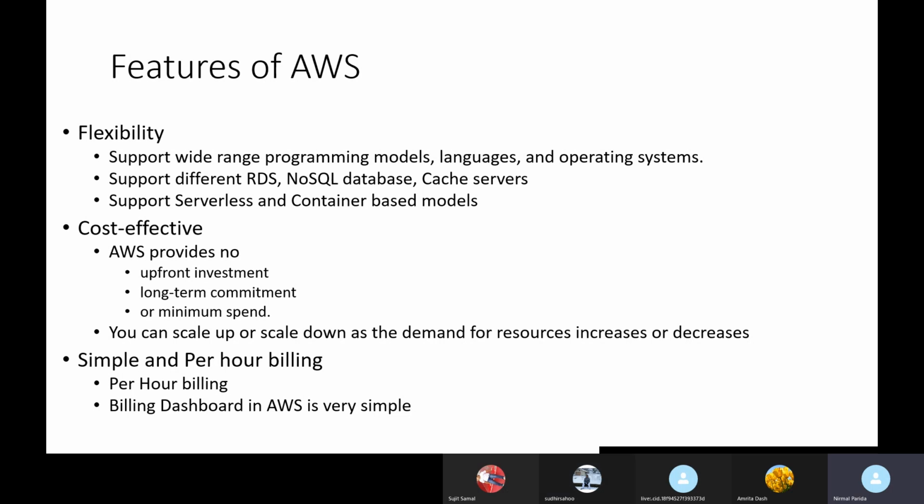Their billing is per hour, and for a few services per second. They also provide a billing dashboard that is very simple to see, with clarity in billing. I'll show you later what the billing dashboard looks like.